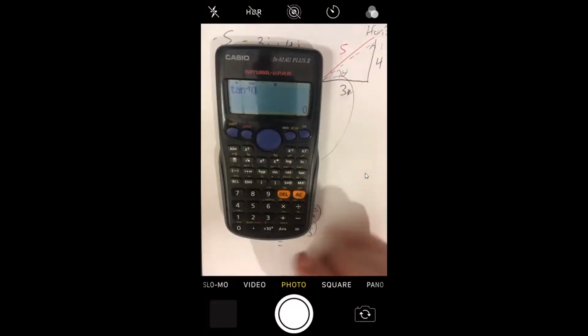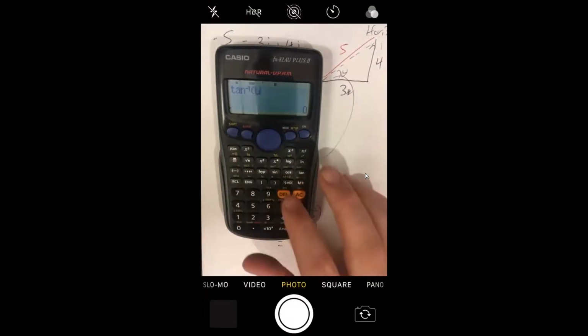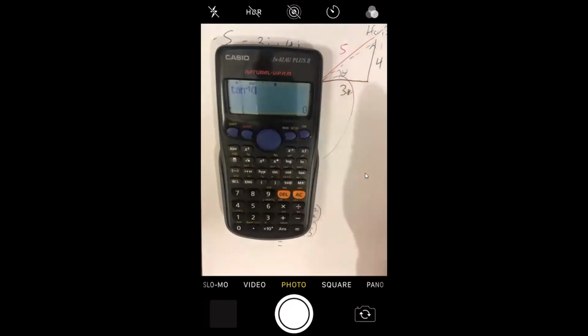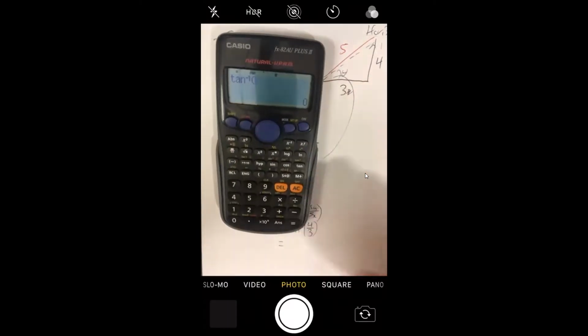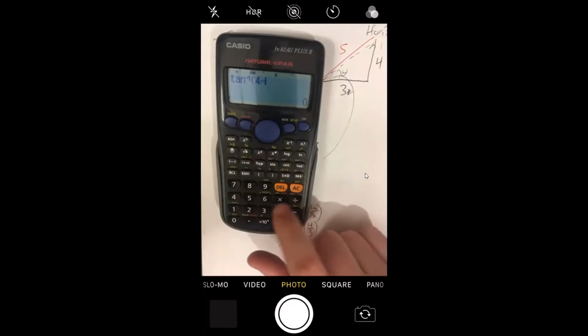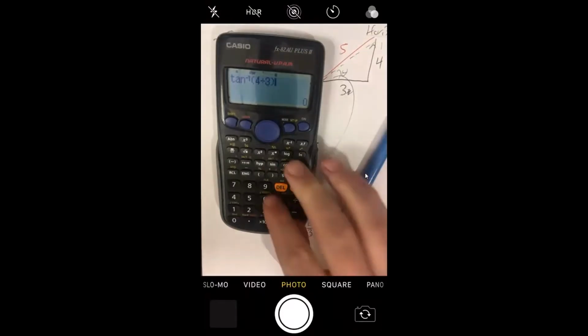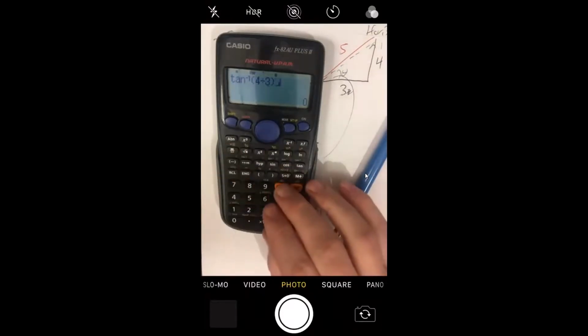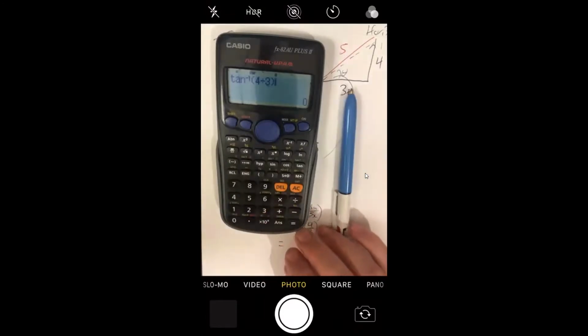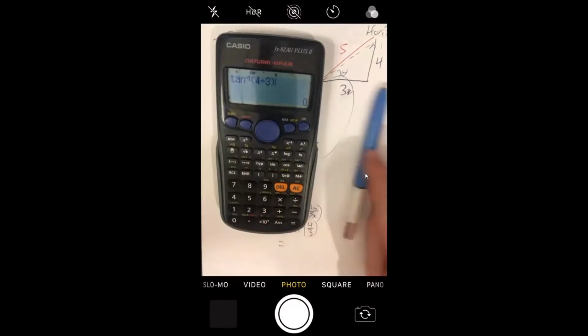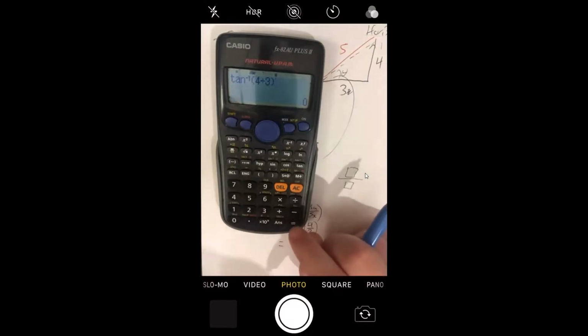If you want to do the fancy fraction, my calculator doesn't do that nice box thing, so I'm just going to write 4 divided by 3, because that's what this line means. If yours does, then great. But if I do this, I get